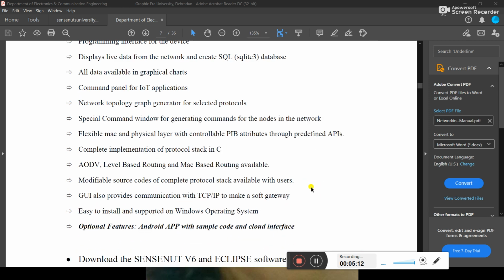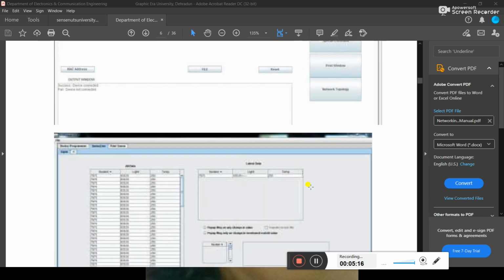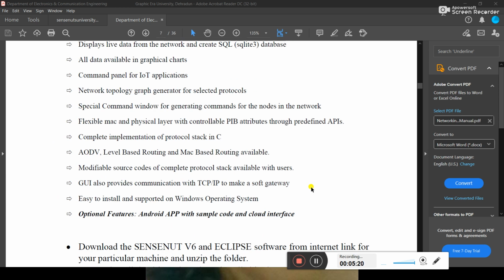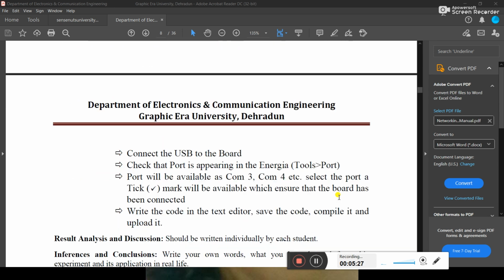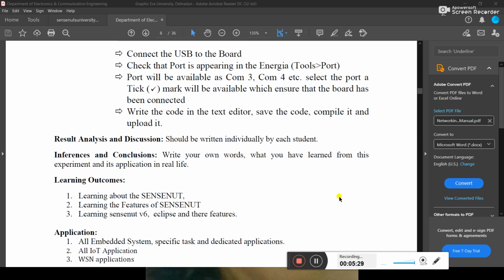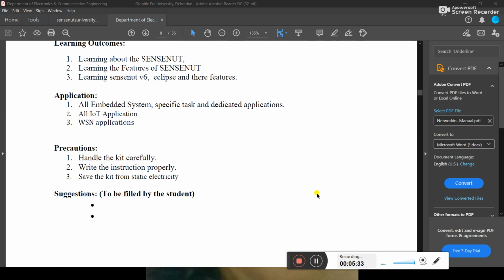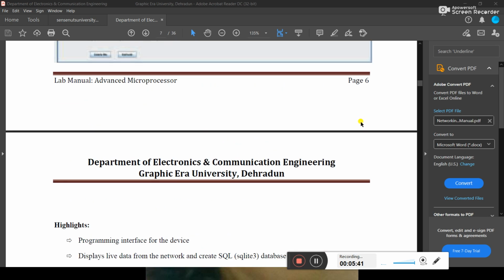You can use printouts of pictures and utilize them in our lab files also. But you need to write the write-ups properly, so that you can do these things easily in the exam times. Now let's see what is in experiment number 1.